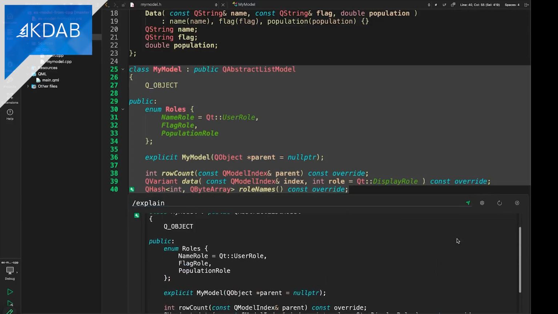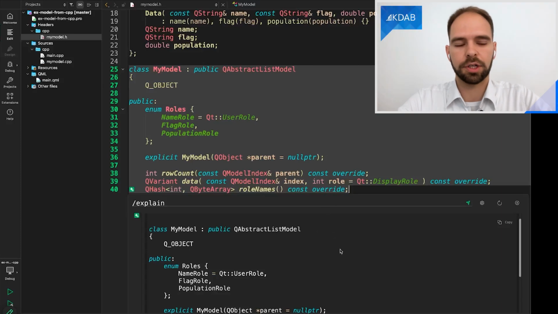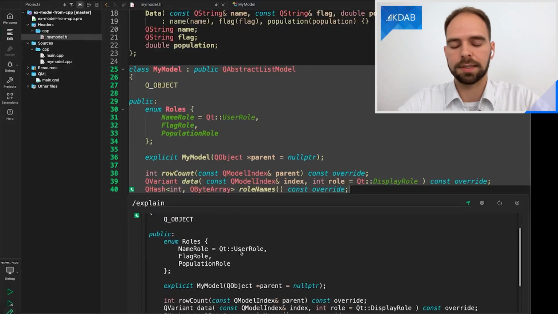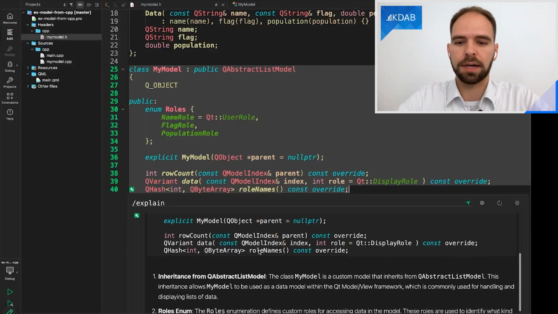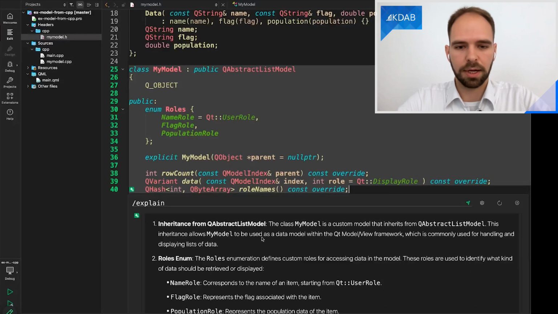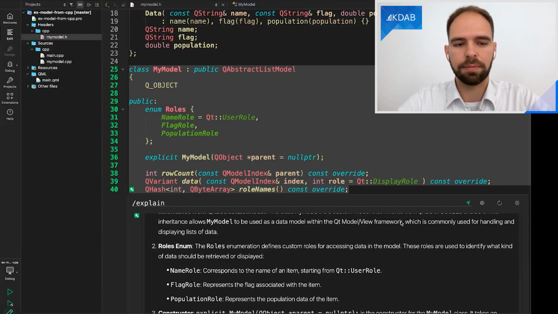As you notice, there apparently are instructions in this plugin that it should reproduce the code that it's explaining, because it keeps doing that all the time. I personally don't find that super helpful because I have the code right up there. Okay, let's see. Here the explanation is that we are inheriting from QAbstractItemModel. This isn't too fancy because it's written right there. But maybe the information that this is part of the Qt model view framework might be useful to people that are just getting into Qt.